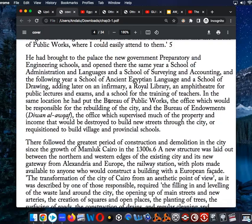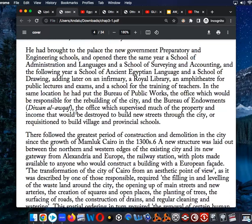They call them here, you can see Bureau of Public Works. Or the Diwan al-Awqaf. This would be today also called a Department of Endowments or Department of Public Works or a Ministry of Public Works. And if you go to Cairo in Midan al-Tahrir, you can see some of those government buildings, and those government buildings all around the city. And again, in Cairo, the newer districts are called West al-Balad, and then there's the Medina Nasr, Masr al-Gadida,